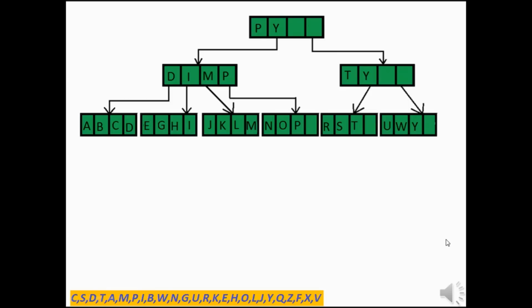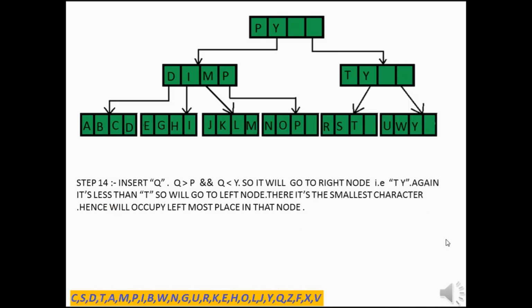Now step 14, insertion of Q. Again follow the same algorithm. We'll come to know that Q is greater than P and less than Y in the parent node. So we'll go to the right node, that is TY. Again it is less than T, so we'll go to the left node, that is at the second level. There it is the smallest character, hence we'll occupy the leftmost place in that node. So our tree will be looking like, see in the